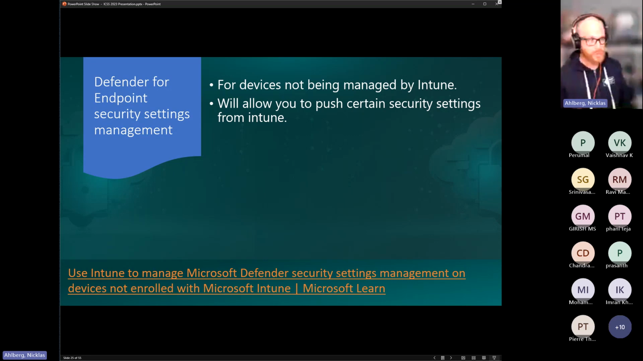We can just use the MDE attach, and it's going to onboard to Defender for Endpoint, which is great, but we will also be able to push some specific security settings from Intune down to our MDE attached devices, and that is really cool. So security settings management is for sure something you should look into if you aren't currently managing your devices by Intune, but you are looking into